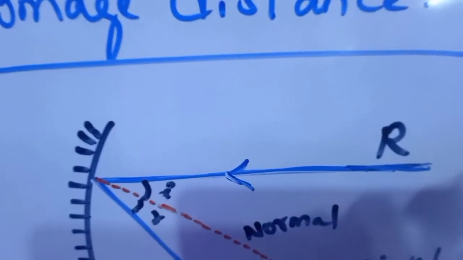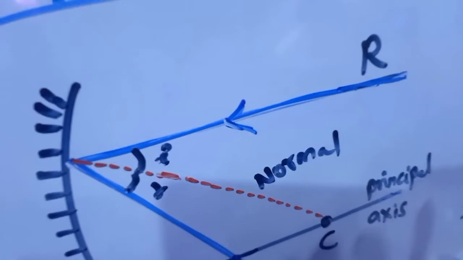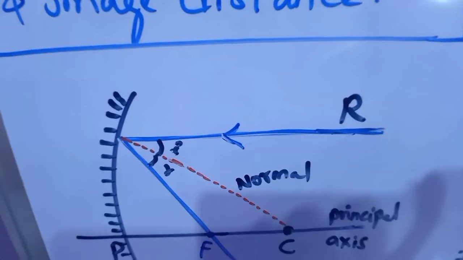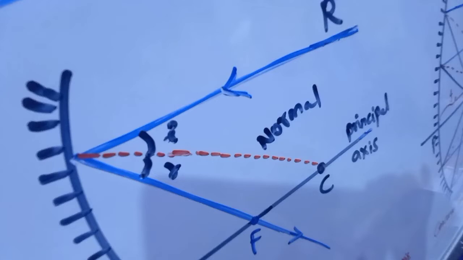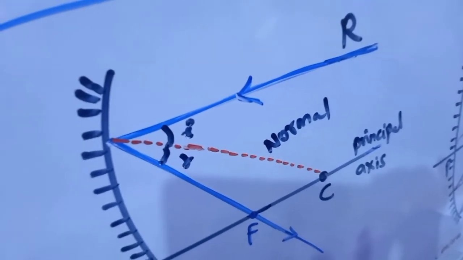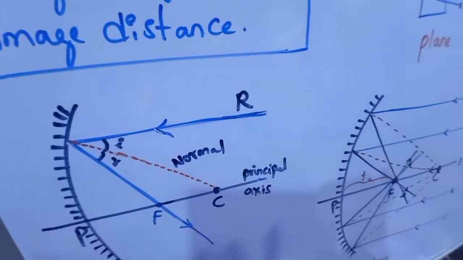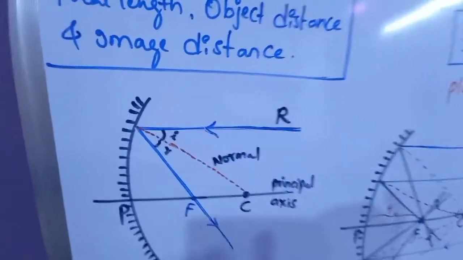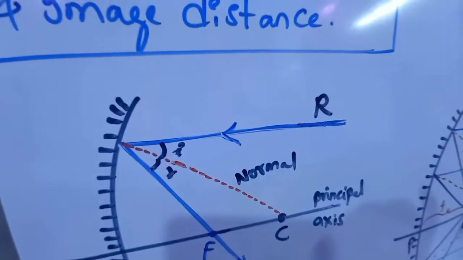This blue color line is the incident ray, and this blue color line is the reflected ray. In between them, the red color dotted line represents the normal. The incident ray makes some angle with the normal, that is called the angle of incidence, and the reflected ray also makes some angle with the normal, that is called the angle of reflection. And you all know that angle I is equal to angle R according to the law of reflection. So to verify this, we must find some way of obtaining a beam of parallel rays. Here I have represented only one incident ray and the reflected ray of that incident ray.